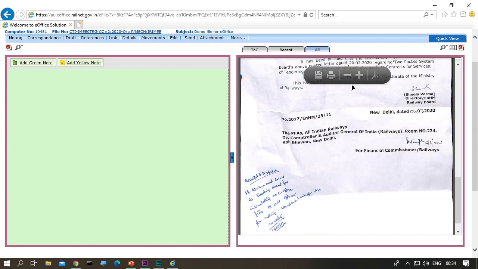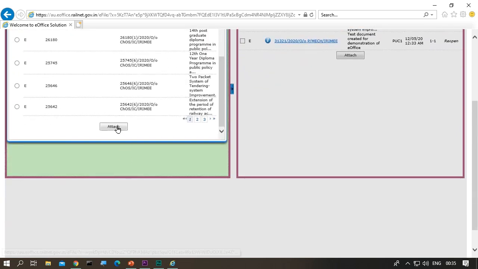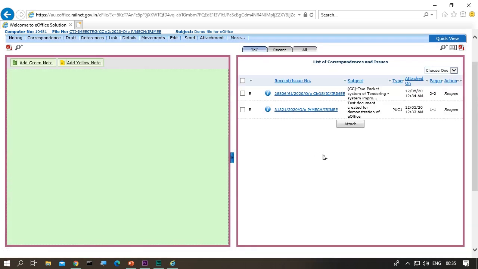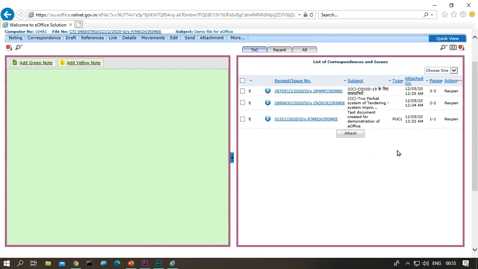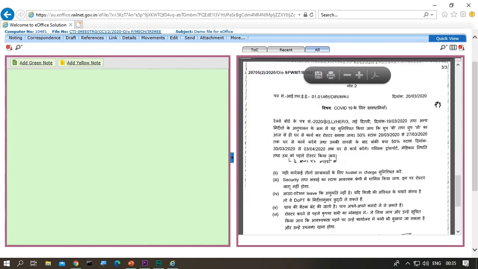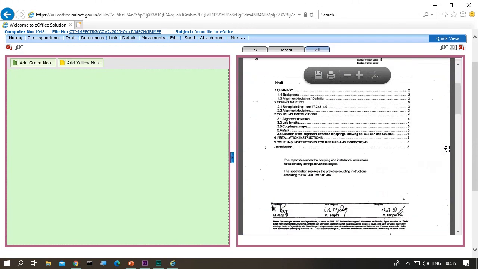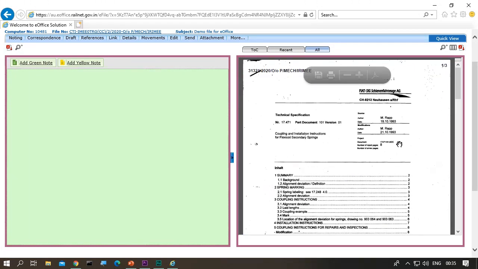Now in table of content, how many CPs are attached is shown. We can go ahead and attach any more. If you click on all tab, it shows all these CP side attachments sequentially displayed.